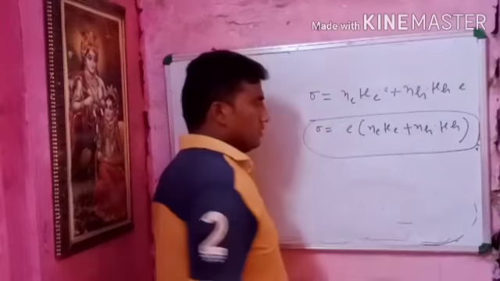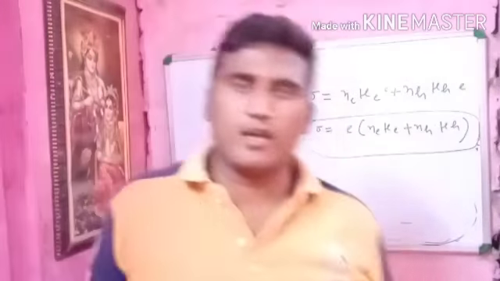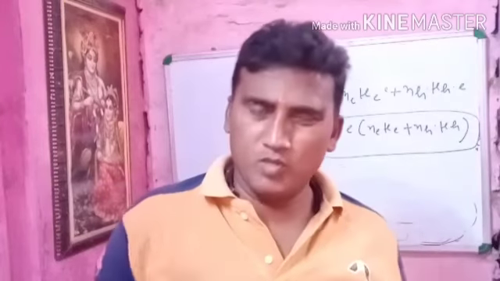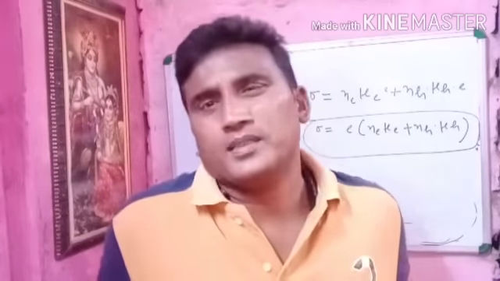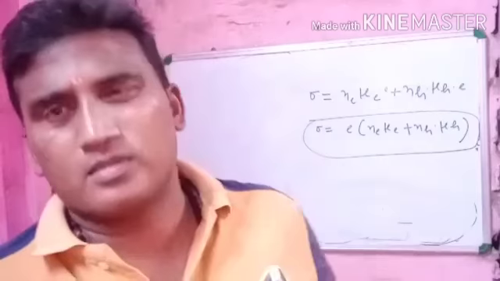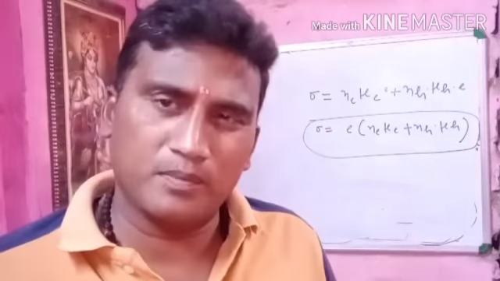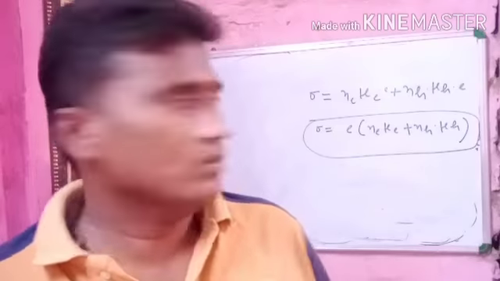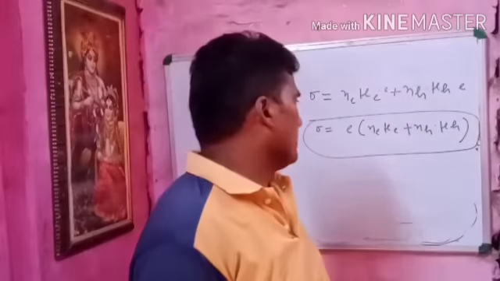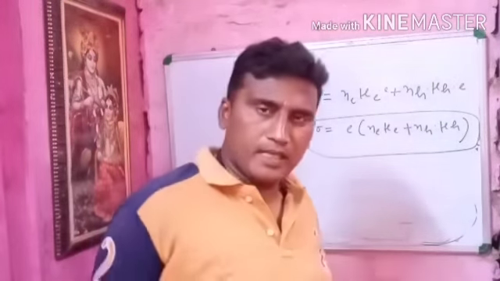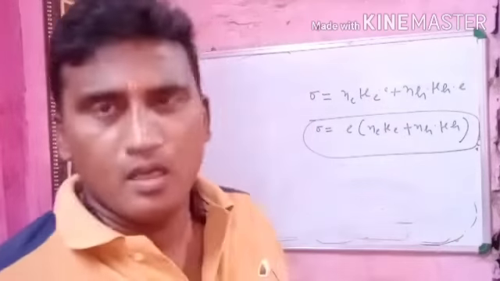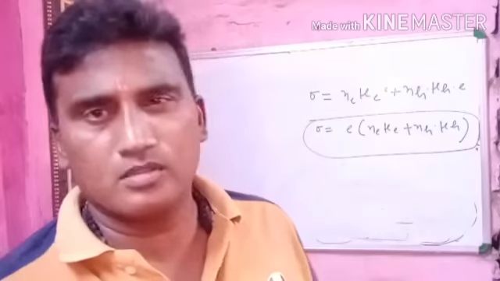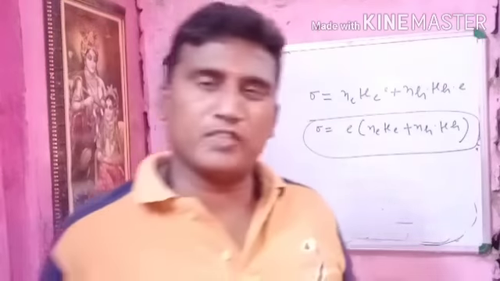In the case of the semiconductor, Ne is the number of transforming electrons, mu e is the mobility of the charge carriers of the electrons, and mu h is the mobility of holes. The component is stabilized. Sigma is equal to e times Ne mu e plus Nh mu h. Nh is the number of holes, mu h the mobility of the holes, mu e the mobility of electrons, and it is the component to stabilize for the conductivity.